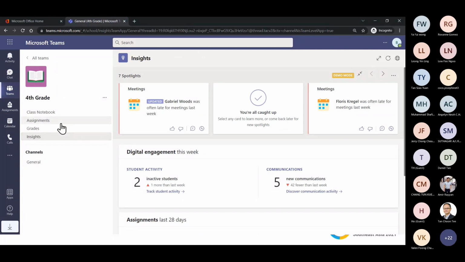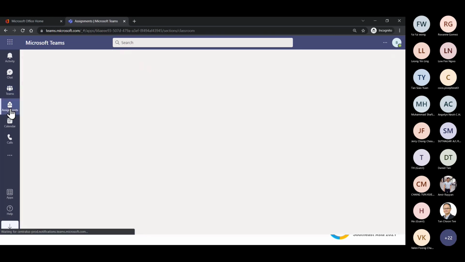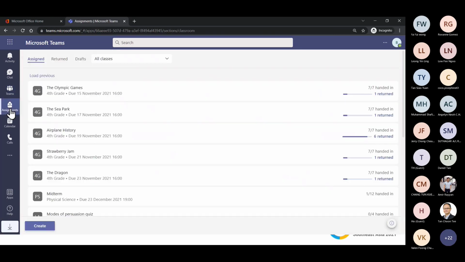You'll see on the left-hand side of Teams, an assignments tab. I just wanted to mention that this is a really great way for educators to see a list of all of the assignments across all teams. So if you have 3 or 4 classes that you're supporting and teaching, you can go into assignments and say, right, okay, overall,